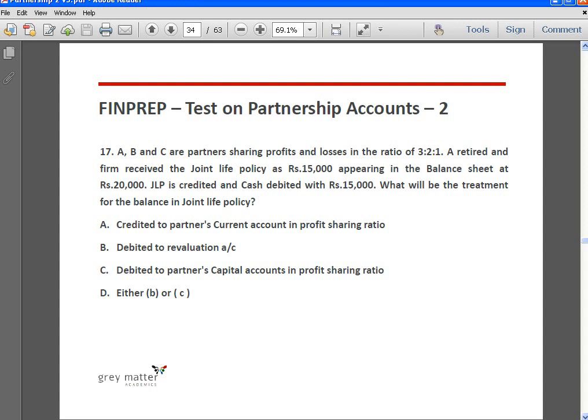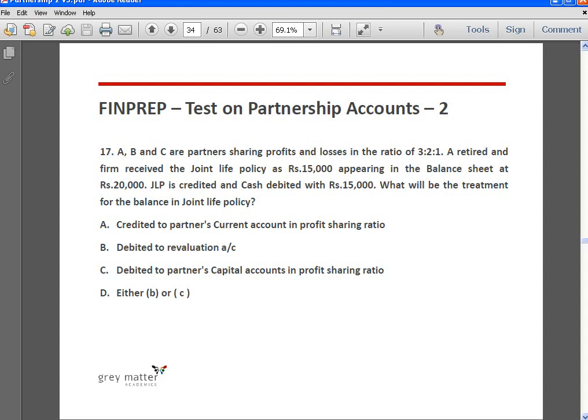JLP is credited and cash is debited with 15,000. What is the treatment for the balance in the JLP? Here, the JLP is appearing as an asset in the balance sheet at rupees 20,000, and when the policy is surrendered, the money received from the insurance company is rupees